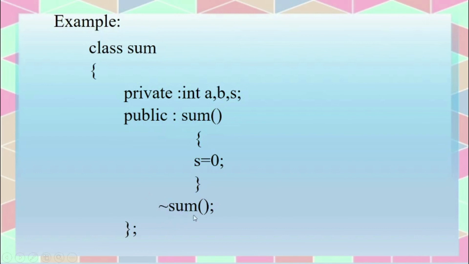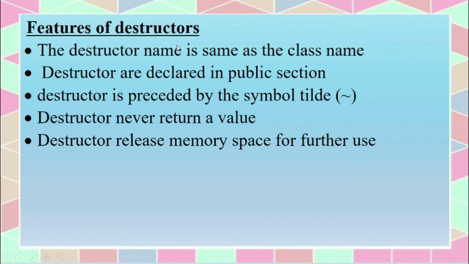So when you use this tilde sum destructor member function in the program, this constructor member function's value will be deleted from the program. Okay, that means after the use of this initialization part, we can delete that object from the program using this destructor member function. Then close the class and semicolon. So this is the example for the destructor member function. Anyway, no need to write the program for this destructor member function. This is also very important for 5 marks. You have to write what is a destructor member function, the syntax, and this example part. And again you have to see one more important part, that is features of destructors.